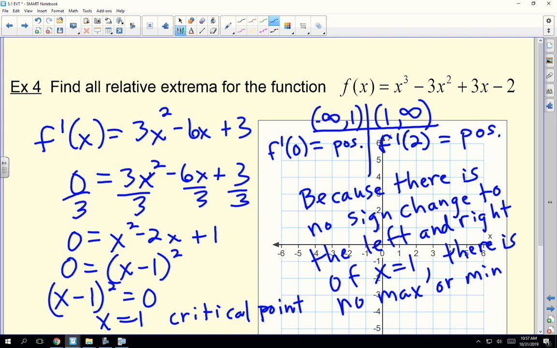And in this first lesson, I'm fine with you using your graphing calculator. We will formalize this little first derivative test next time, but because there's no sign change, I'm going to demonstrate that